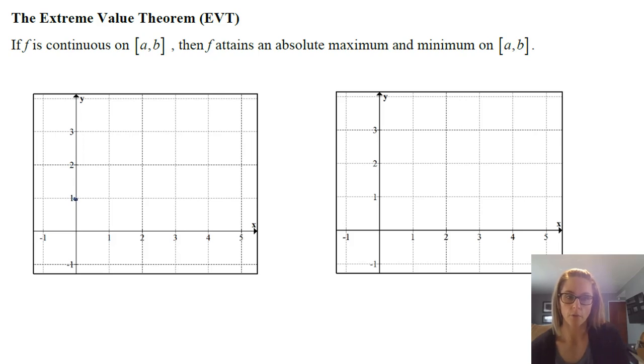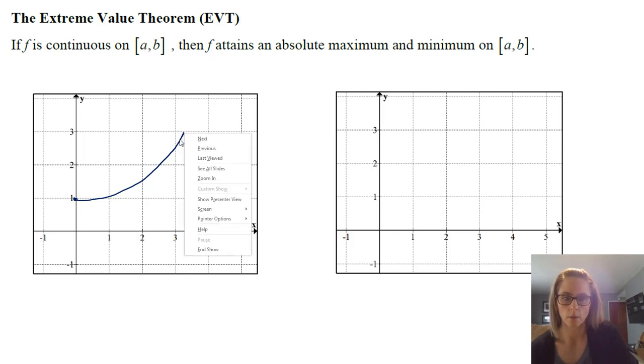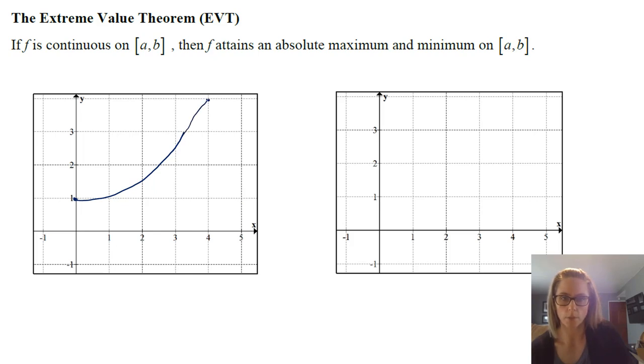So say you just have a basic function that just continues to increase, something like this. Let me see if I can get a good point here. So just bear with me on this picture. But the idea here is this function continues to increase the whole time on its domain. So if we think about its domain here as being from 0 to 4,